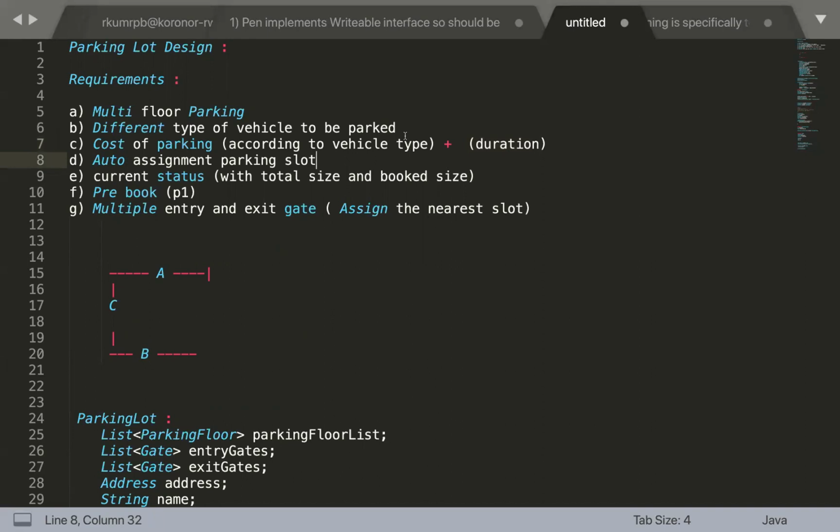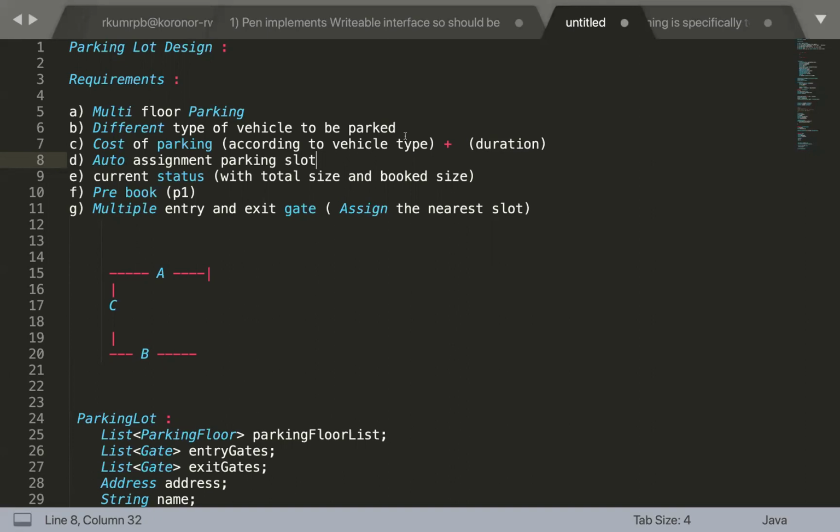Clear? Because it could be, right? Probably you run some kind of promotional offer, and in the promotional offer you want to say, hey, I'll give a 10% discount. So when 10% discounts are allowed, if you have some kind of strategy, you can create a discount strategy, and with that it will work. But if you don't have that flexibility, then you need to make the change in your Excel class, which will violate the open close principle.